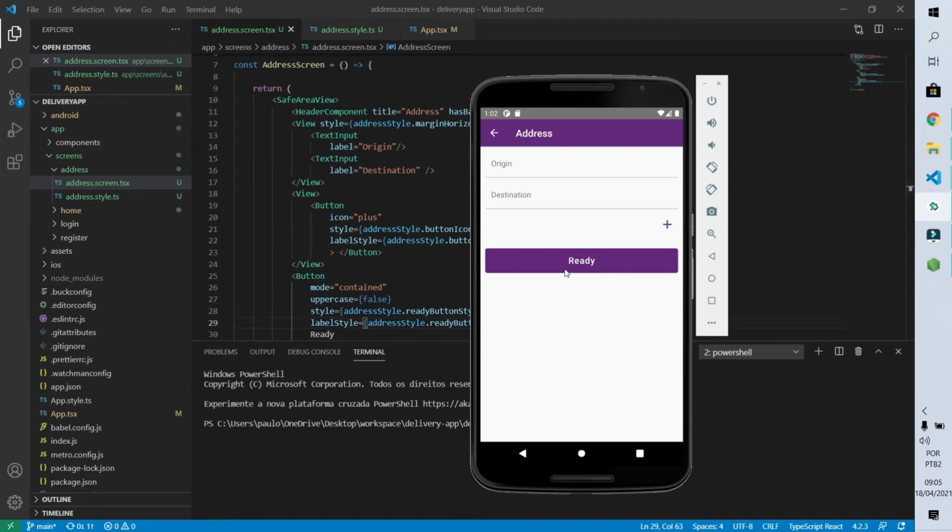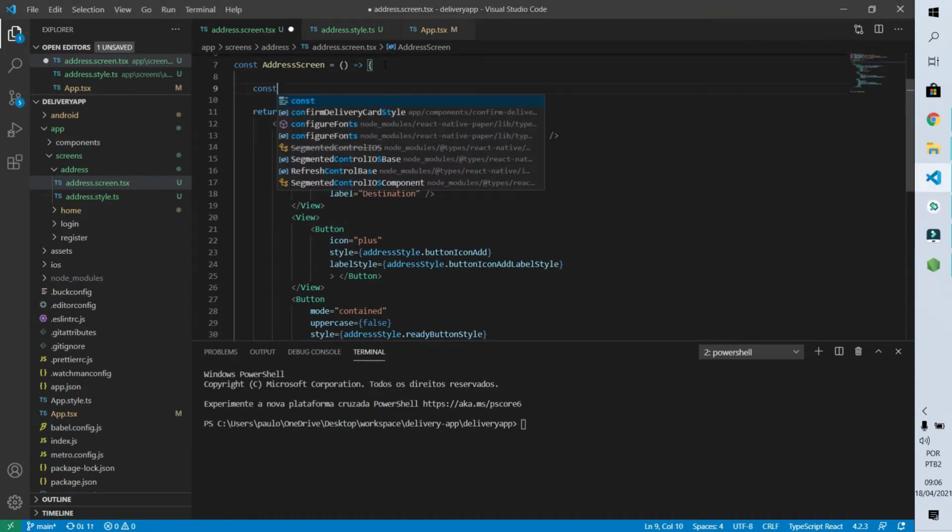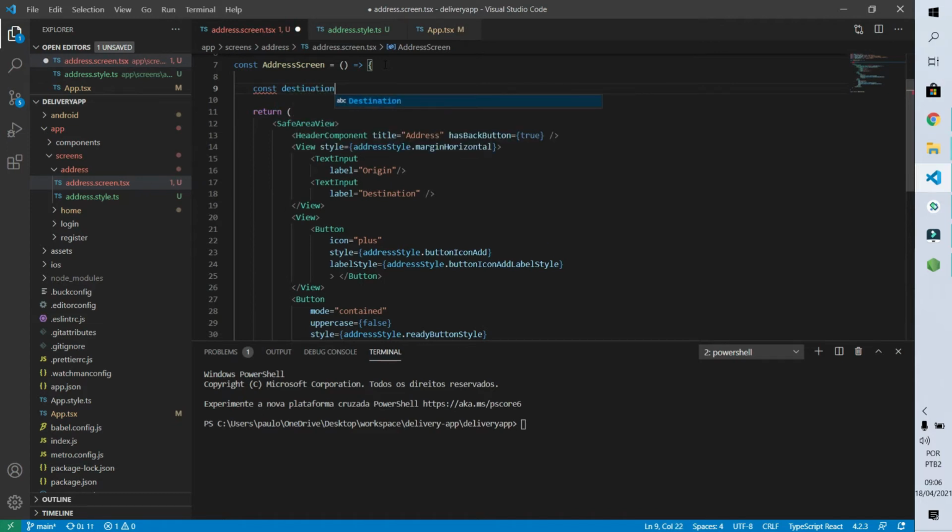What we need to do now is to simulate how this screen will behave if we have more than one destination field. In this case, I also have to add a remove destination button on each one of the destinations. This remove destination button should only appear when we have more than one destination. What I'll need first is a constant that I'll use to simulate my destinations, right? Simulate that I have more than one destination.